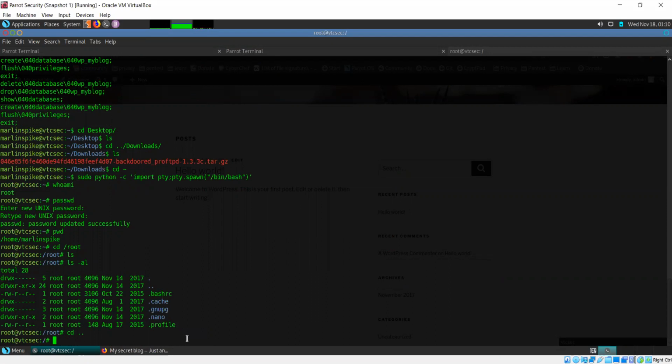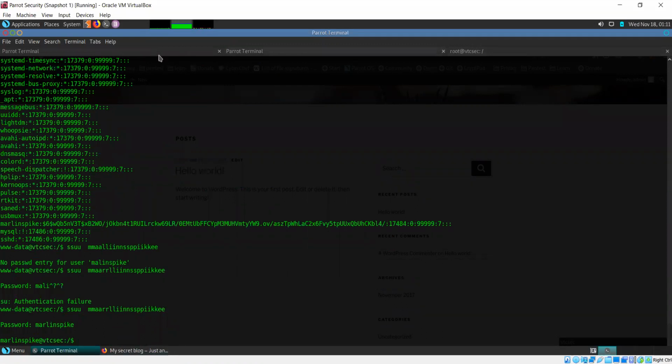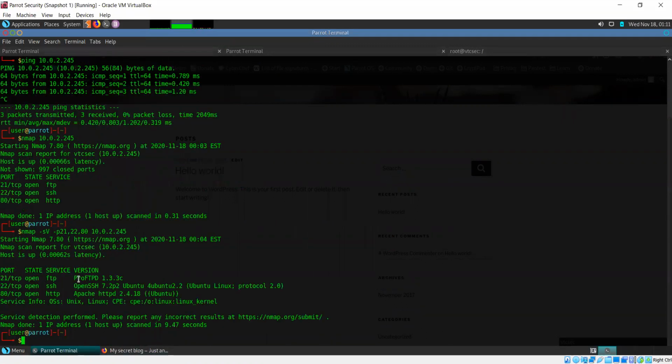Now there is another method. If this ProFTPD service is running, if I open up Metasploit again,